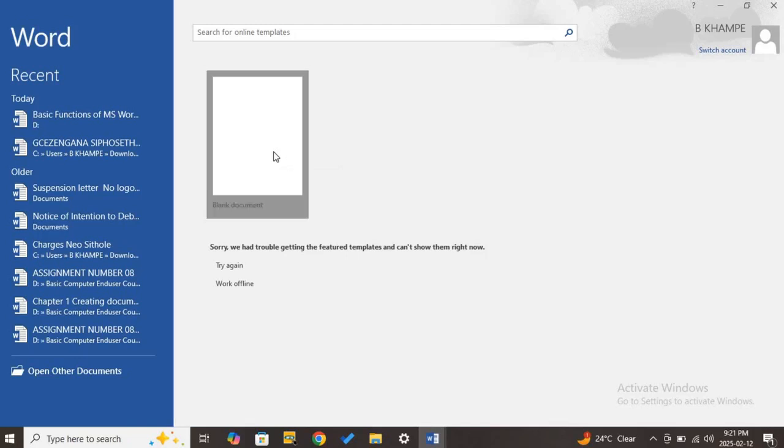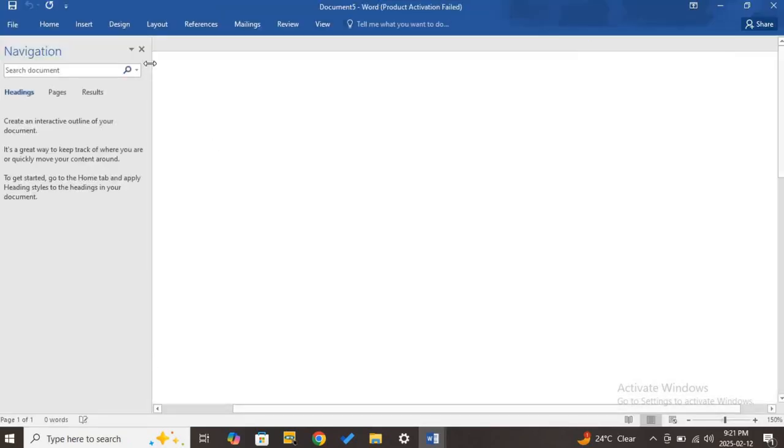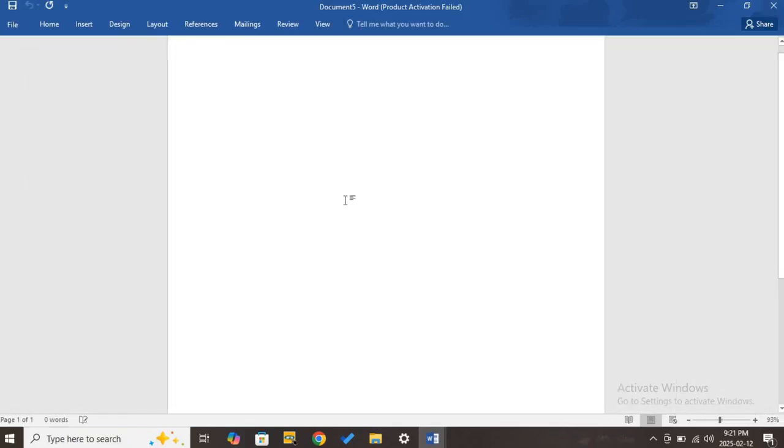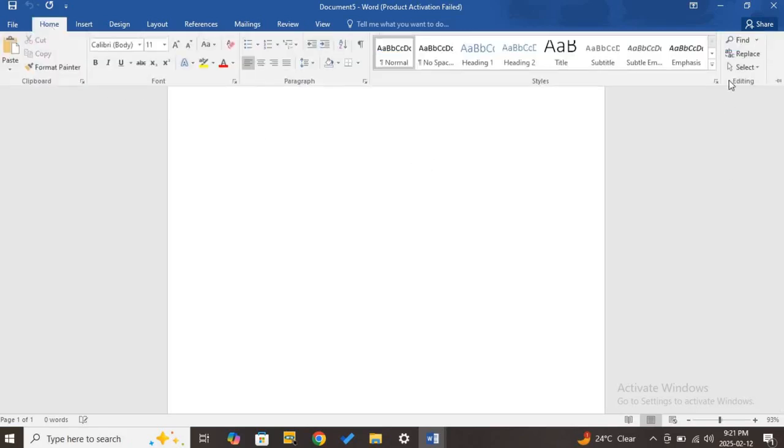Once you click on it, you've just opened a new document. This is how a new document looks like. This is a new document. This is step number 2. Now, that is opening a new document. Now, our step number 3 will be